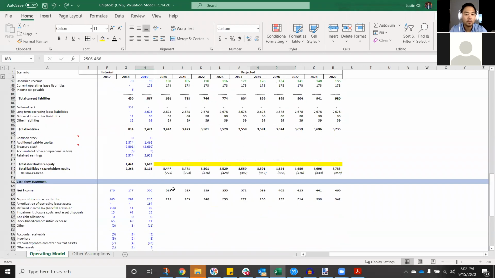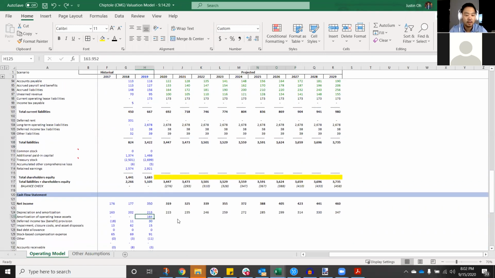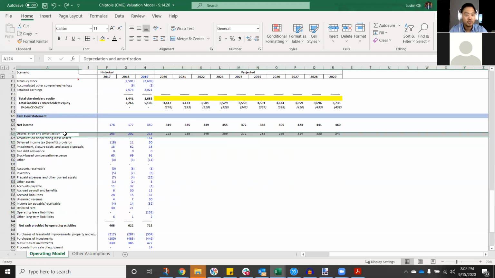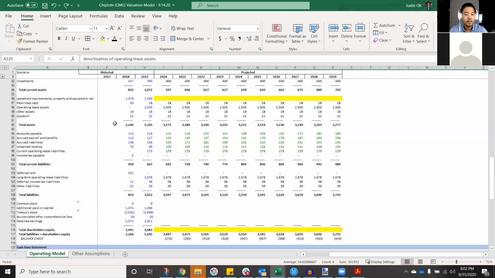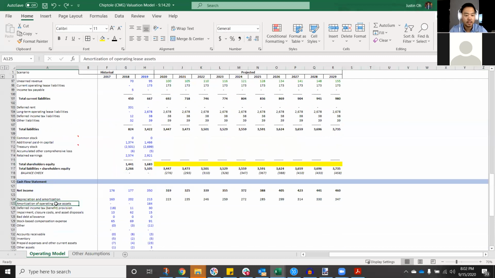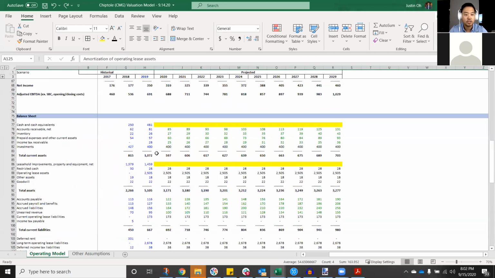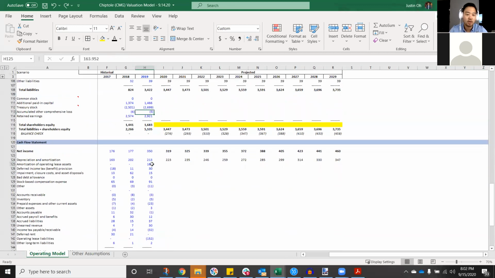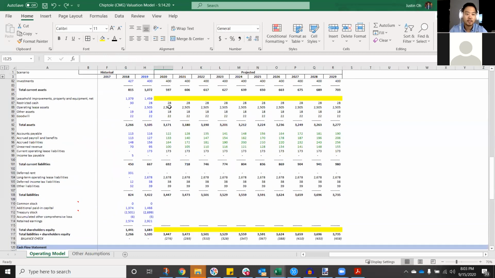Okay, so I think this is actually the amortization of this balance sheet item, which is operating lease assets. It's the amortization of operating lease assets. What I would need to figure out at a later time is why this is so big. And I guess they started amortizing it that year. So since we're keeping this the same,